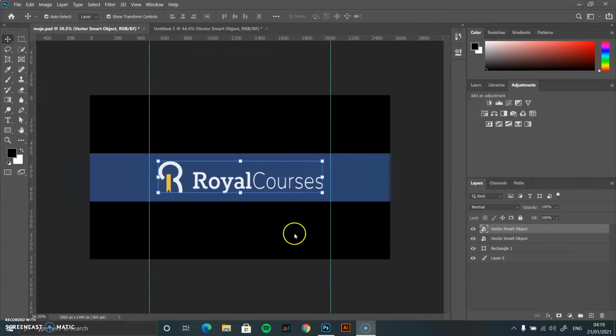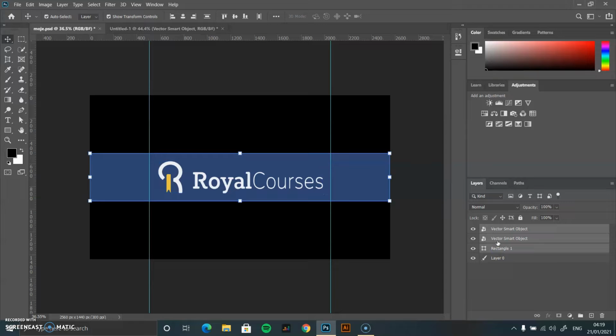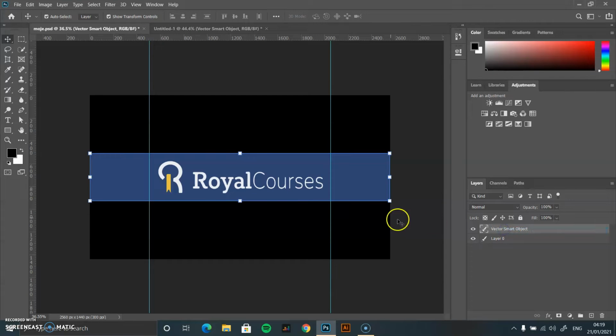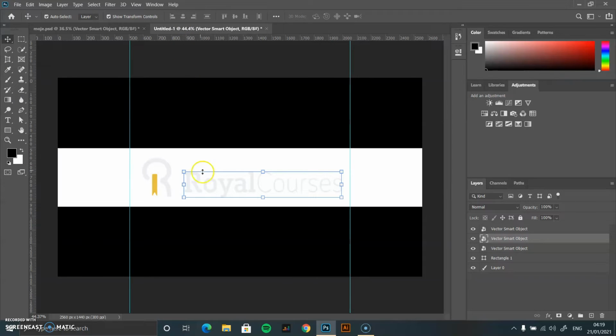Hi, I'm back. So first of all, let us select this one and click Shift and click here. Then right click and we have to merge them. So after I'm finished with the new banner, I'm going to put them one next to the other so we can compare them. So let us go back to our new document,